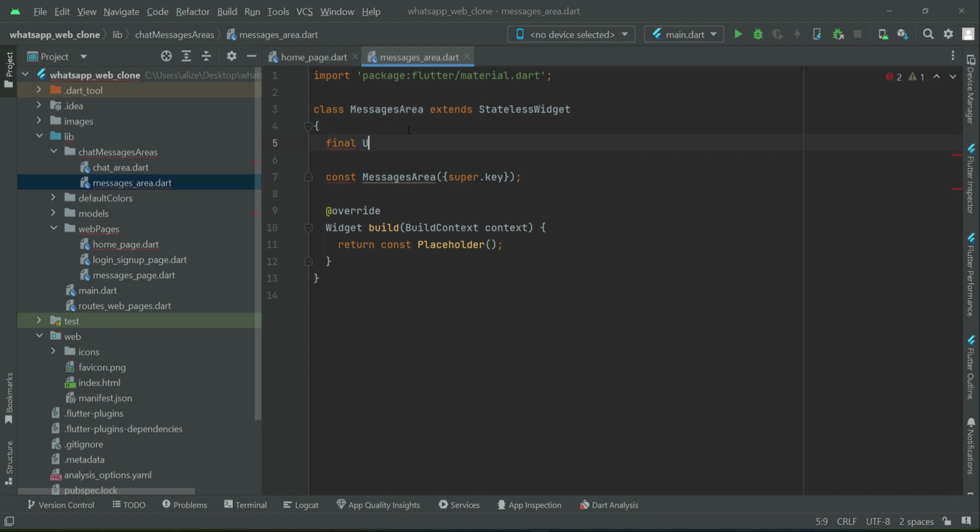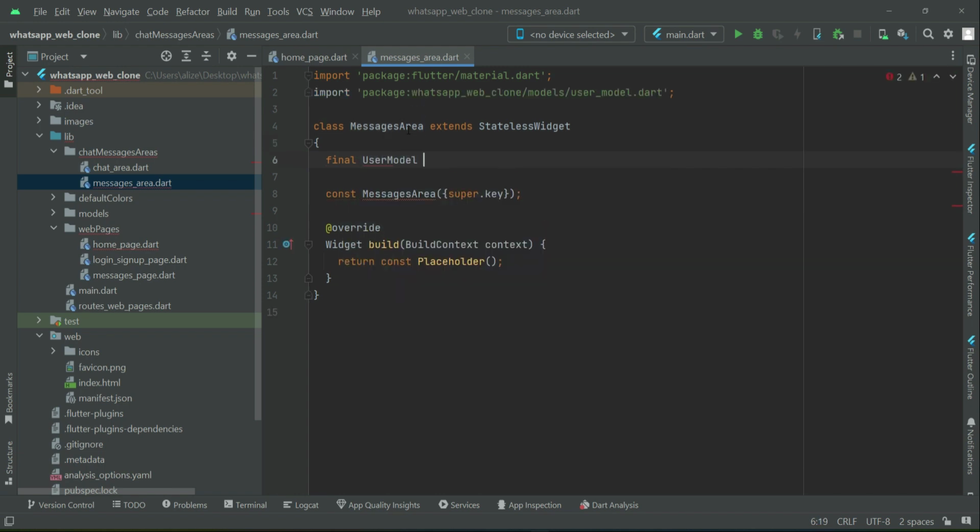So we can say final UserModel currentUserData. this.currentUserData,